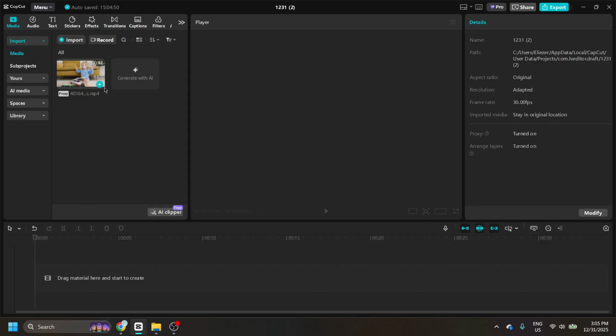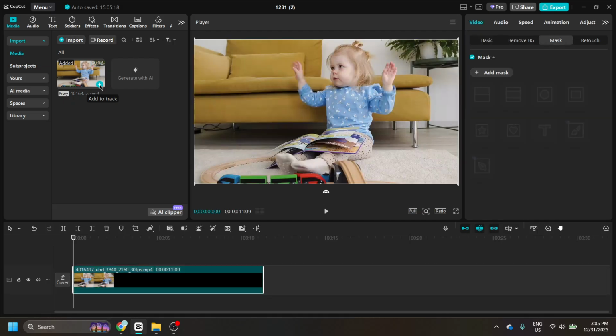Next, add your video to the project. Click to import your footage or drag it straight into the media area, then place it onto the timeline. If the clip doesn't fill the frame perfectly, use the Fit or Fill options, or scale it slightly so your subject sits where you want it in the preview. It's a good idea to scrub a few seconds along the timeline to make sure you're masking the right moment